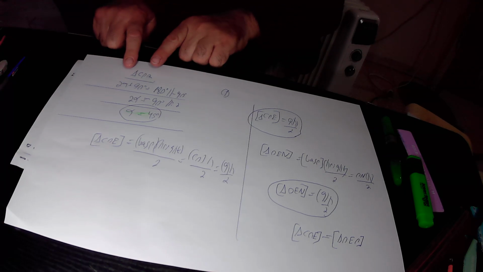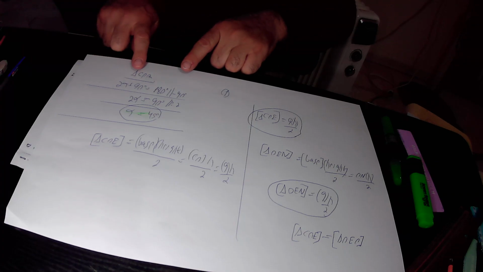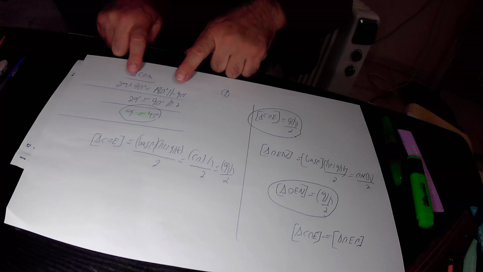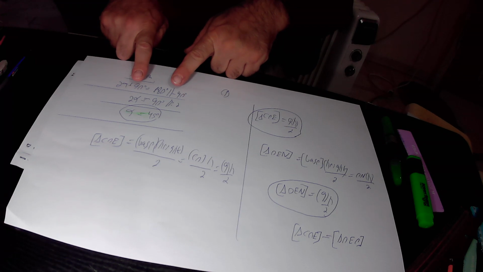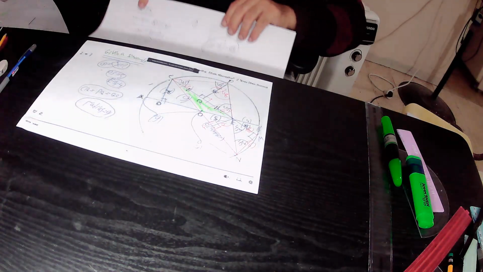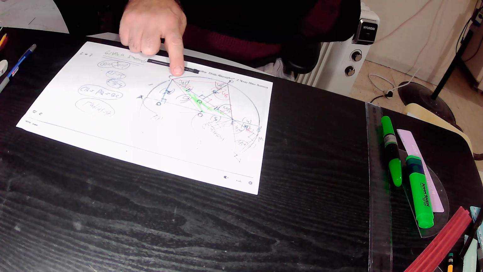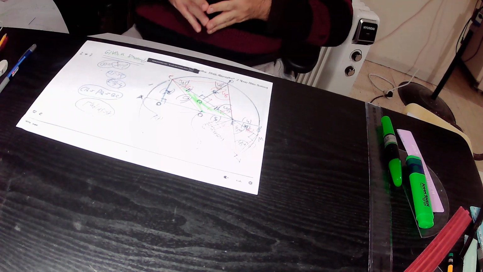If we subtract 90 degrees from this equation, we find that 2 alpha equals 180 degrees minus 90 degrees, which is 90 degrees. So 2 alpha equals 90 degrees. If we divide this equation by 2, we find that the missing angle alpha equals 90 degrees over 2, that is 45 degrees. Those two angles are both equal to alpha, and therefore each of them is equal to 45 degrees in size. So we actually found out that